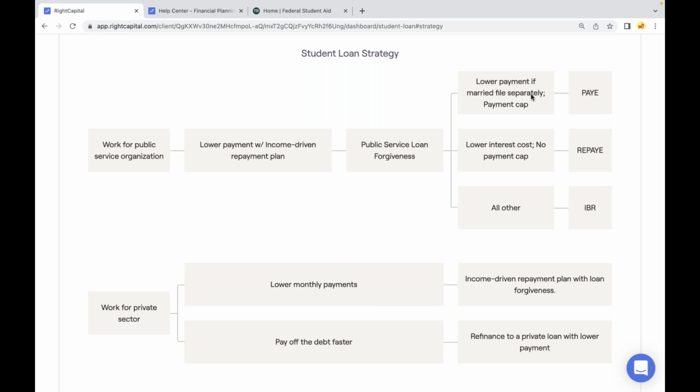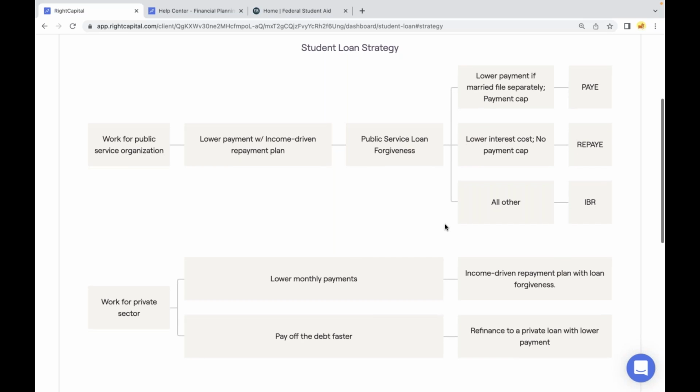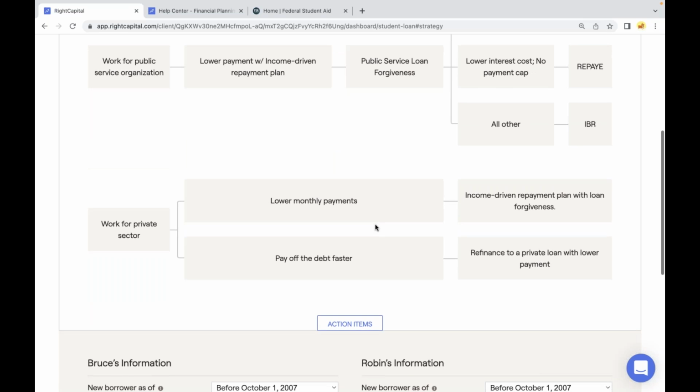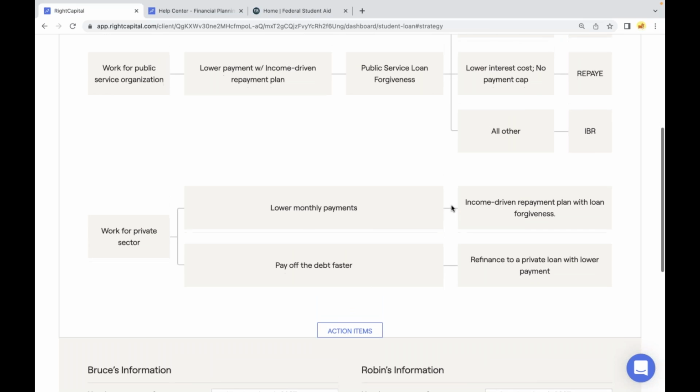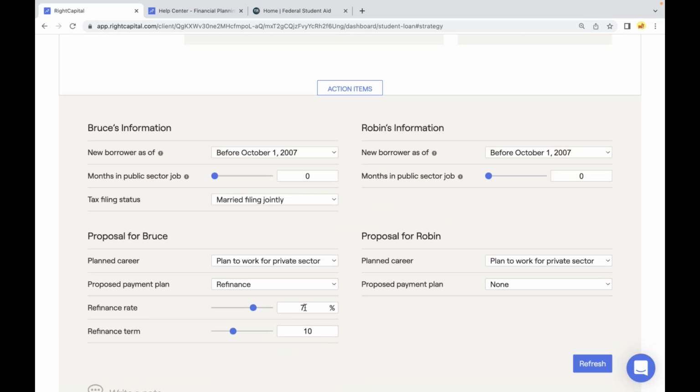So do they want to lower their payment if they're married filing separately with a payment cap, or do they want to lower their interest rate with no payment cap with REPAYE, or do they want to take a more general approach with income-based repayment? Or are they working for the private sector, maybe working to pay off that debt faster and refinancing to a private loan? Or do they want to lower their monthly payments and again leverage one of those income-driven repayment plans with loan forgiveness? So based on what we choose within these action items, we're going to see a different option available. So maybe we see